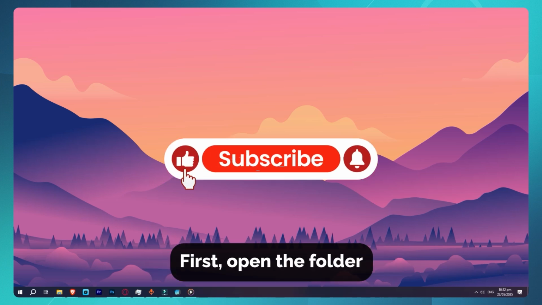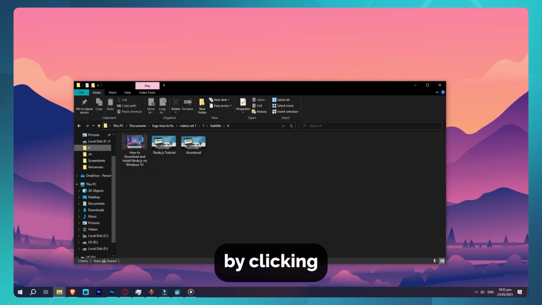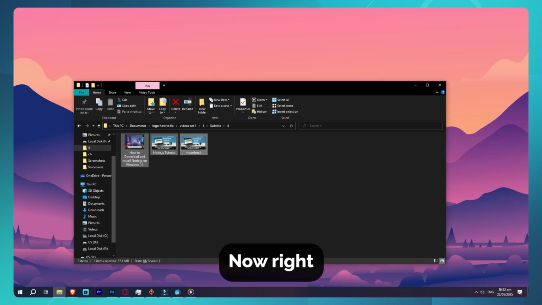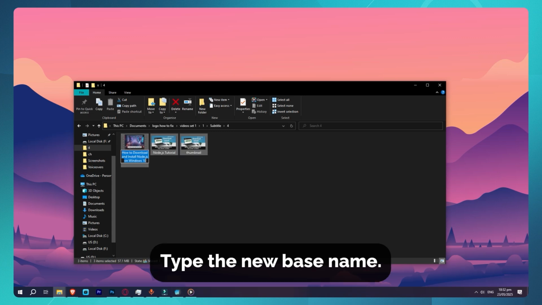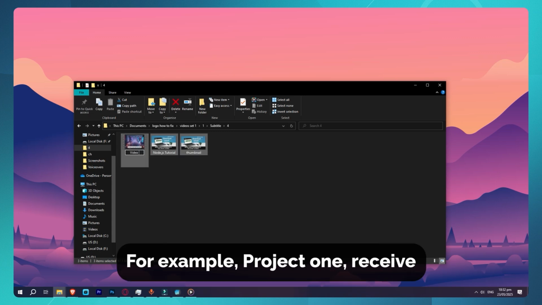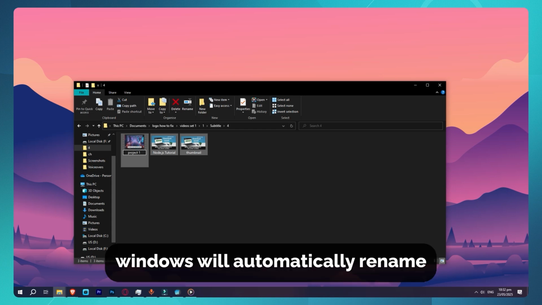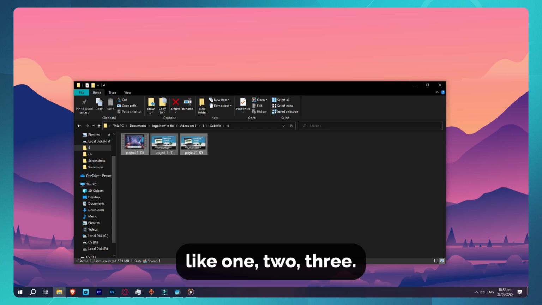First, open the folder containing your files. Select all the files you want to rename by clicking the first one, holding Shift, and clicking the last one. Now right-click on the first selected file and choose Rename, type the new base name. For example, Project Onrush Scene, and hit Enter. Windows will automatically rename the rest with numbers in parentheses, like 1, 2,